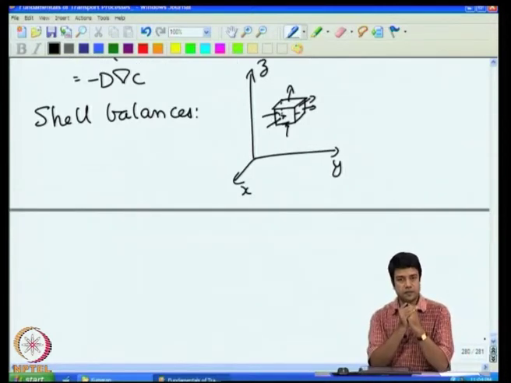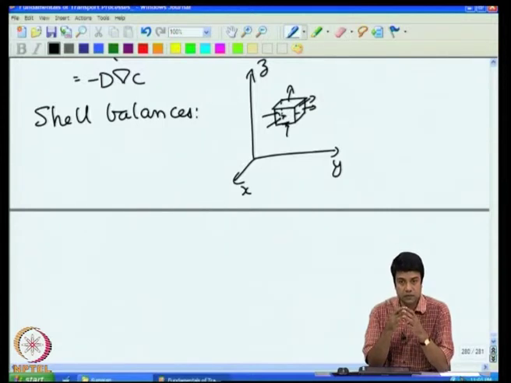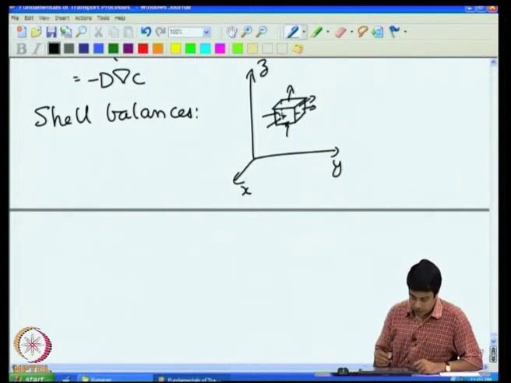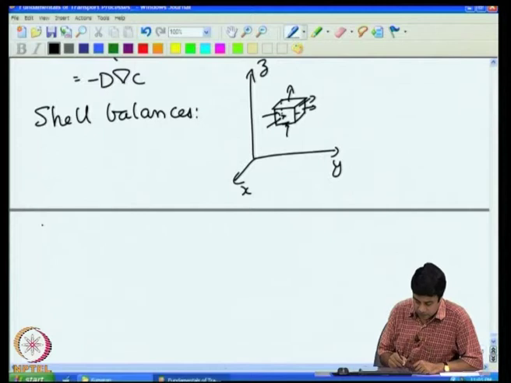We did this first for problems of unidirectional flow, where you had variation in only one direction, unsteady problems in general, but problems of unidirectional flow. Then we looked at problems with variation in two directions, and then we wrote a general balance equation for these differential volumes. And in Cartesian coordinates, this differential equation has the form dc by dt plus d by dx of u c